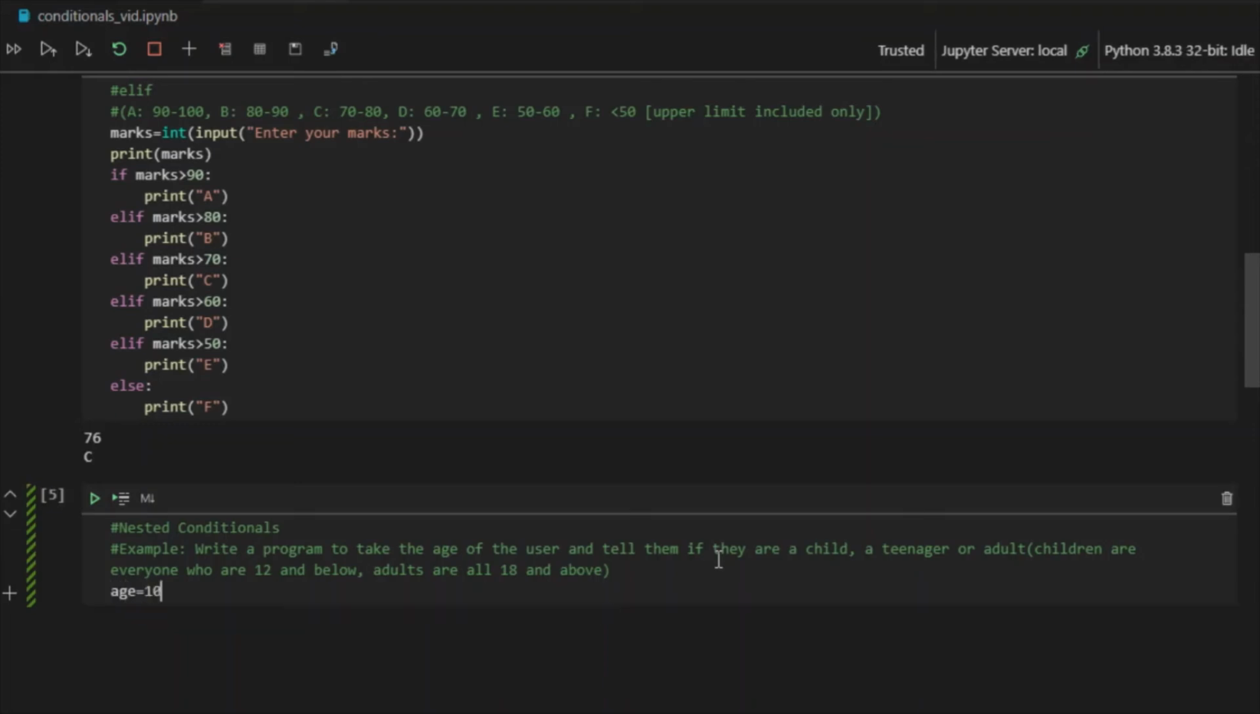Just for the sake of assumption, I'm going to give the age any random value. We'll keep changing it later to see if it's working for all the different cases. Now first I would like to create it in such a manner that if age is less than 18, whatever I put inside this if should be for a non-adult, for someone who is obviously less than 18 years old. But according to the example here, there are two cases when the age is less than 18. Either they're a teenager or a child. And according to the parameters, children are everyone who is 12 and below. So if age is less than or equal to 12,